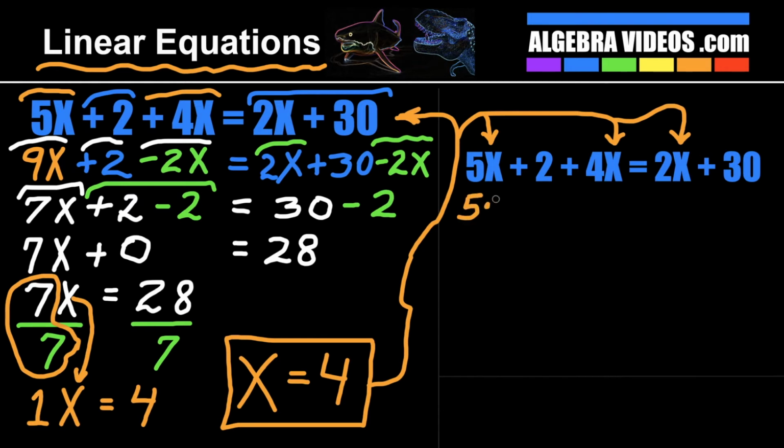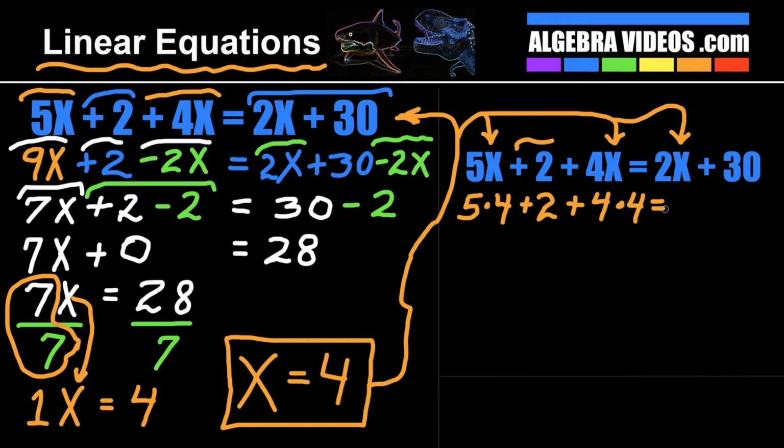So that becomes 5 times 4. And then plus 2, just bringing down this plus 2 right here. And then plus 4 times x, so that becomes 4 times, we're plugging in for x, 4,